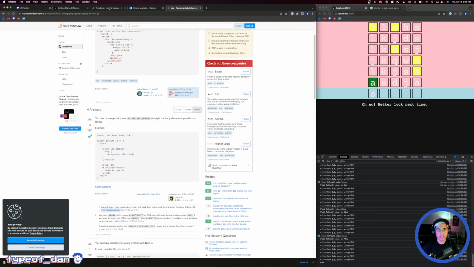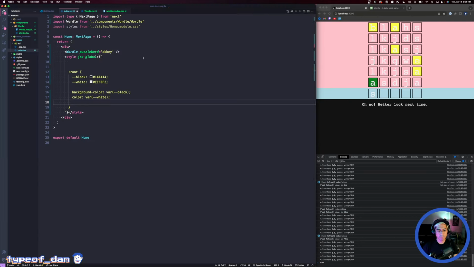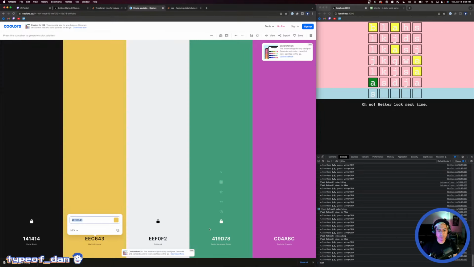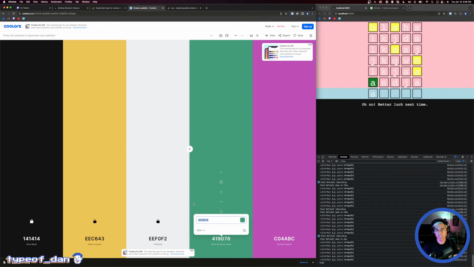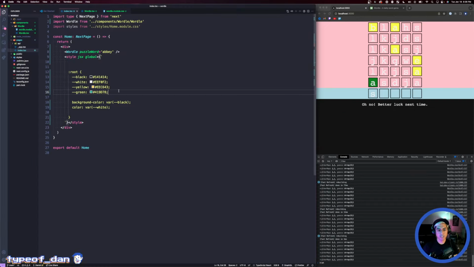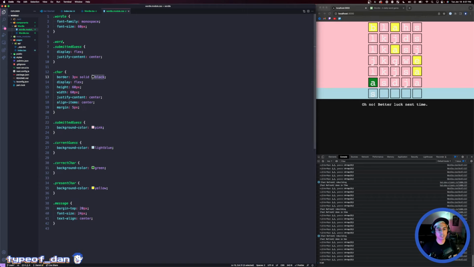Sweet. And then let's grab, we've got yellow. Green. And I think that's all the colors. Cool: black, white, yellow, green. Let's see if we can use that here. So we no longer need, oh, I guess we do need the border. So the border is going to be,